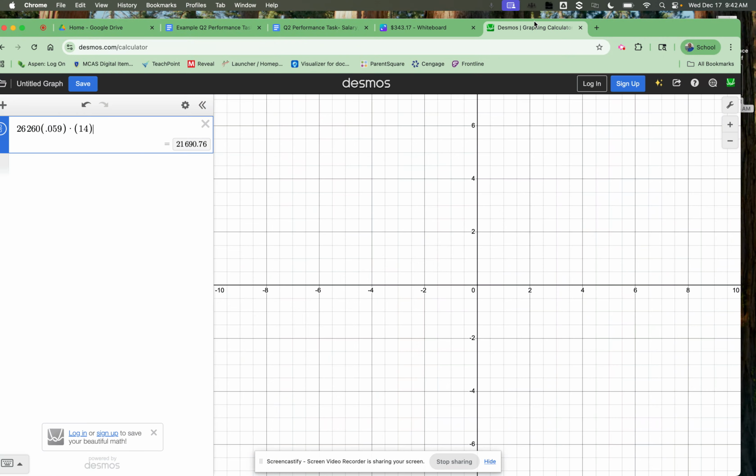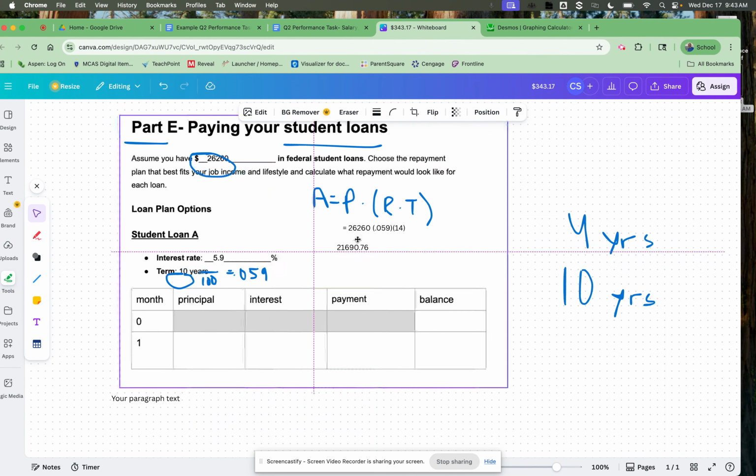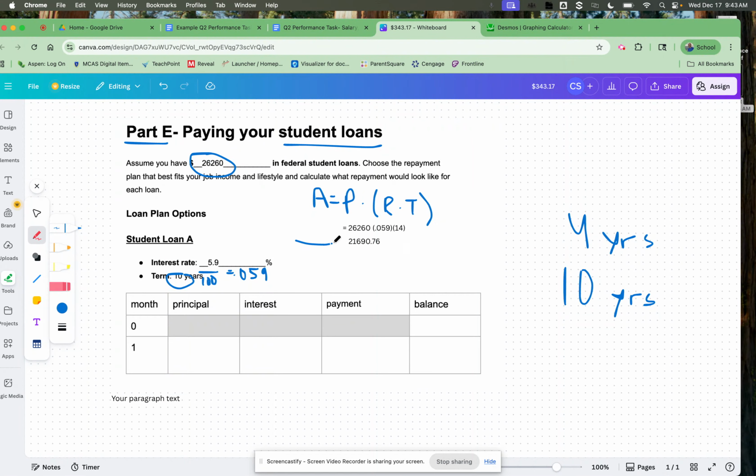Okay, so that's 21,690.76. 76 cents. So this is my interest. I'm just going to label this. This is my total